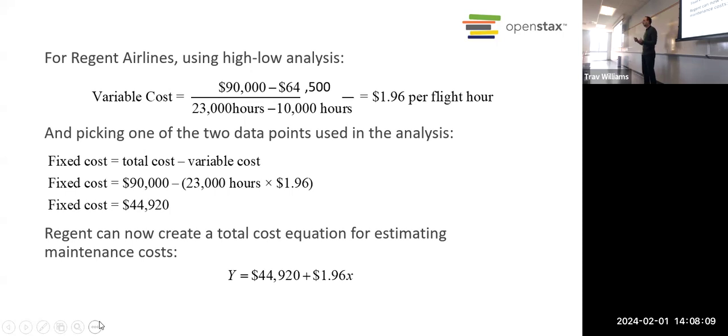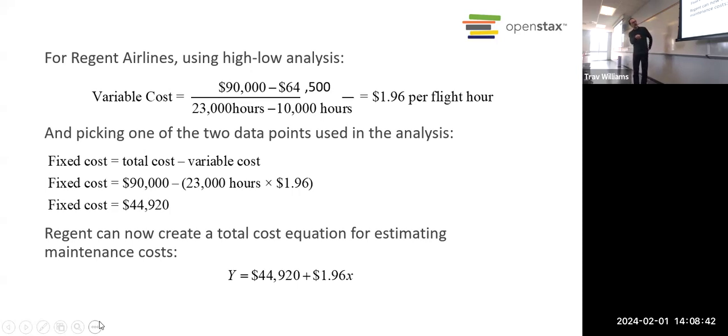And let's say we wanted to try February. We could do the same thing. Take the variable cost per unit, multiply it by the number of hours in February, the number of units, find out the total variable costs for February, subtract that from the total cost in February, and again, that will give us the fixed cost, and it will be the same number. Whichever month we use, we're going to come up with the same fixed cost, because again, they stay the same. Okay?